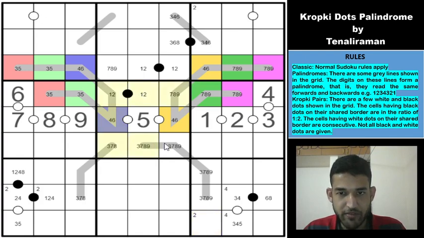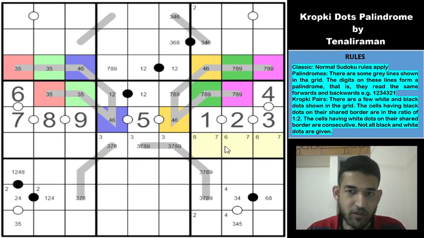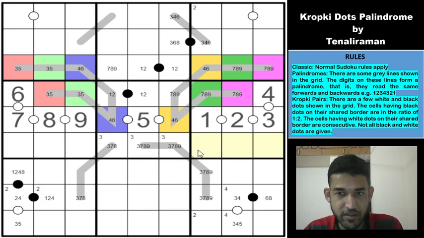So in box 5, 3 must be in one of these cells, right? Because 3 can't be here, so 3 will be in one of these cells. And in row 6, 6 and 7 can't be here, and 6 and 7 cannot be anywhere here, so we may make a corner pencil mark here. So 6 and 7 must be in one of these cells. I'm sorry guys. It can only be 6 because 7 is possible here, right? So 6 will be in one of these cells. Not helping much.